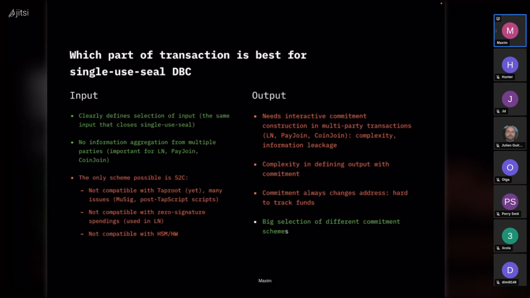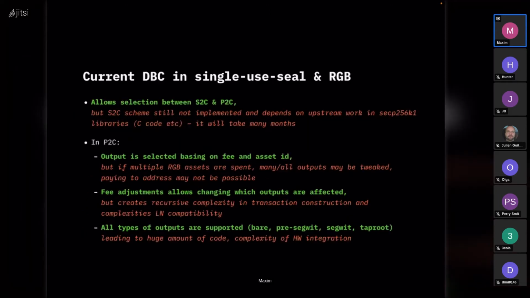And commitment always changes the address. And because the address changes, basically the wallet will not know which addresses belong to this wallet, and it introduces a lot of complexity to deal with that issue. However, on the upside, you have a big selection of different commitment schemes to choose from, unlike sign to contract in the input. And today, in the single-use seals, the implementation that we are using in RGB,